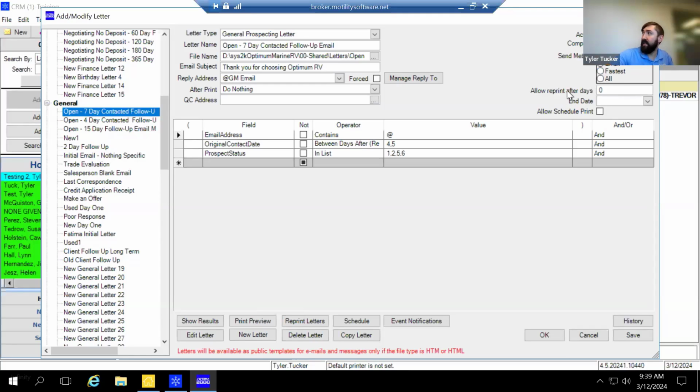After that, this is just saying allow reprint after set amount of days. That's if you're using the letter aspect of it. So essentially you would just pick the days and then pick an end date that you want this to end on. And if you wanted this to actually be on a scheduled print, you have to check that checkbox in order for that to even occur. Now then,